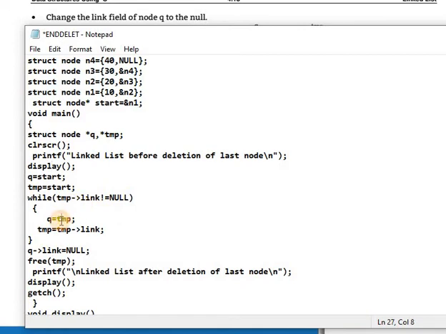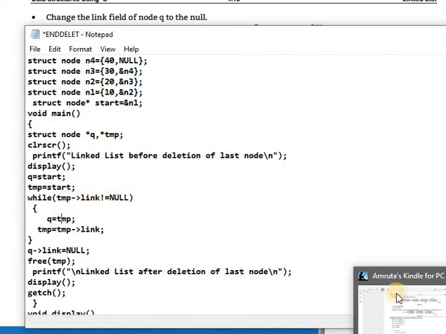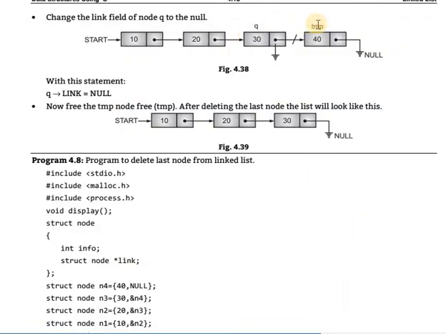When temp link is found to be null, firstly temp is at the location with value 30. When temp next is examined, the last element will have a null value.